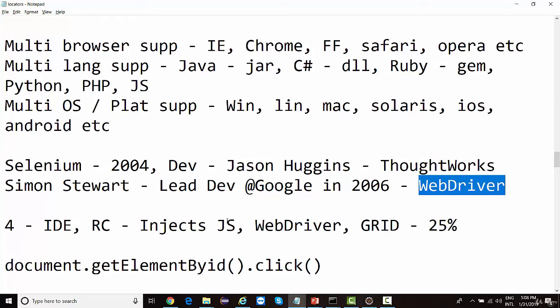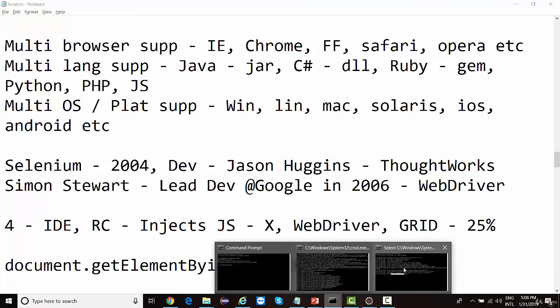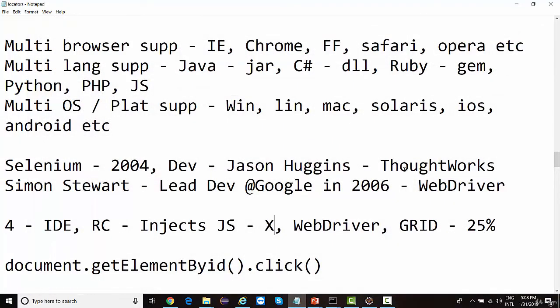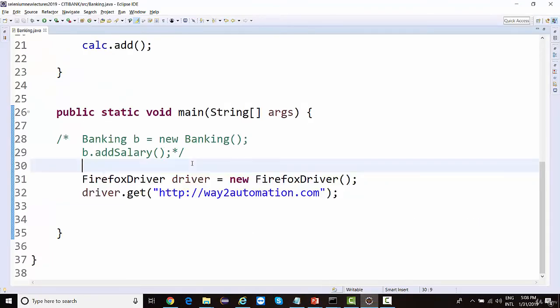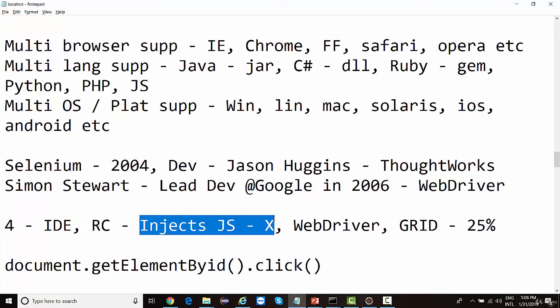One of the major challenges was this JavaScript injection. So in the architecture, he completely removed JavaScript injection. Now, if JavaScript injection is not there, there is no need to start this server. Directly write the code, run it, and it will automate the website. That is what we have seen over here. We have not started any server. Simply click on the run button, launch a browser, navigate to the website, and perform testing on it. There is no more JavaScript injection. So all the challenges that were faced due to JavaScript injection are now gone in the case of WebDriver.